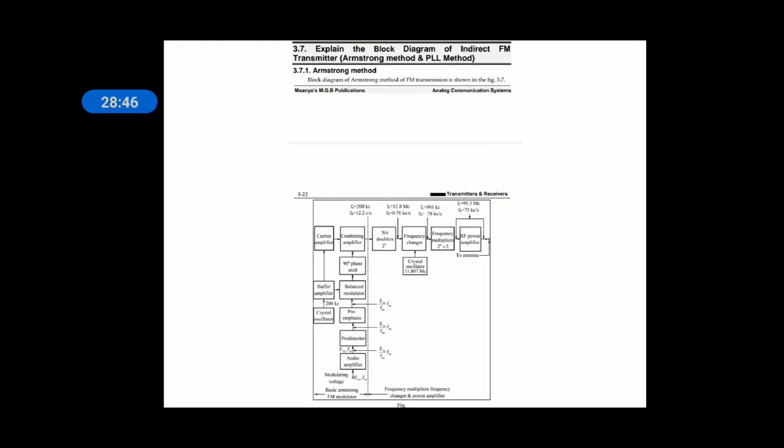With the help of AM, we will be generating narrowband FM. How? By taking the help of pre-distorter as well as 90 degrees phase shifter. When you integrate, FM can be generated with the help of phase modulation. As we know, in the analog modulation techniques, the time domain equations of FM and PM both are same, except there is an integration for the modulating signal.